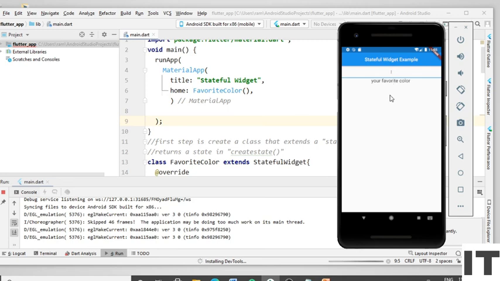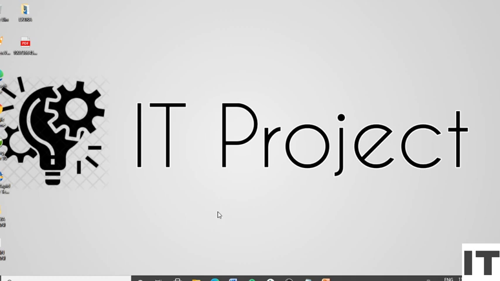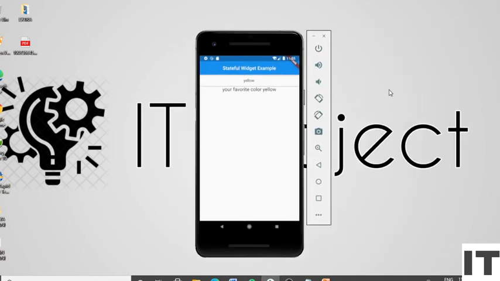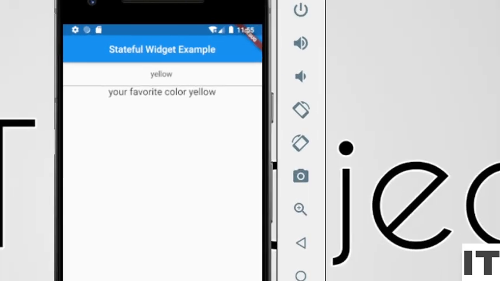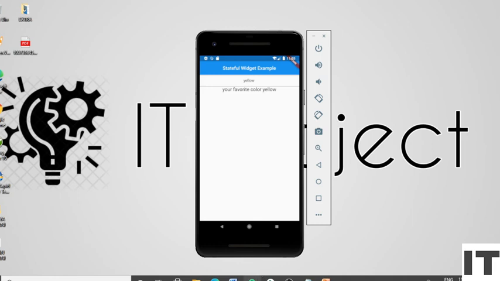Type your favorite color and press the enter. You can see the results. Now we remove this debug banner.